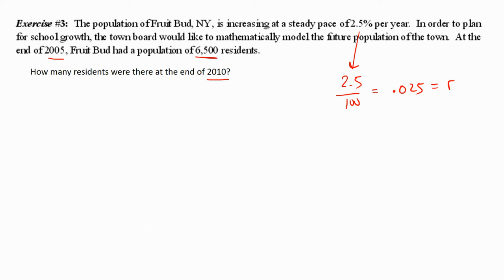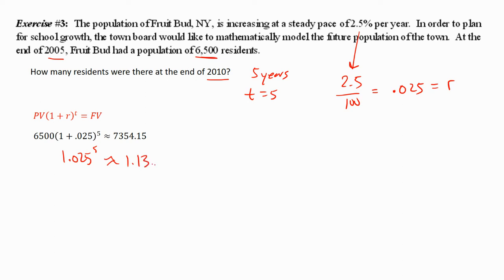So from 2005 to 2010 is 5 years. So T equals 5, and present value was 6,500. So we plug everything in, and we want to do the 1.025 to the 5th first. 1.025 to the 5th power is about 1.13, and use all those decimals and multiply by 6,500 to get